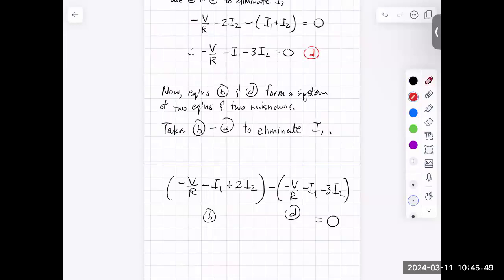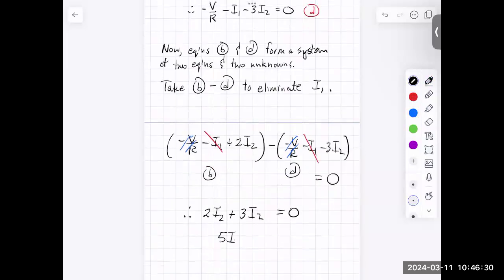All right. Now, we're going to get minus I1 minus I1. Those are going to cancel. In fact, we get more cancellation because equation B has a minus V over R. Equation D has a minus V over R, but we're subtracting it, so that's a plus V over R, and so we'll get some more cancellation right there. And what we're left with is 2I2 plus 3I2 is equal to 0, or 5I2 is equal to